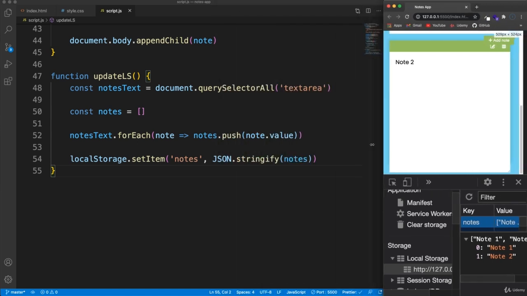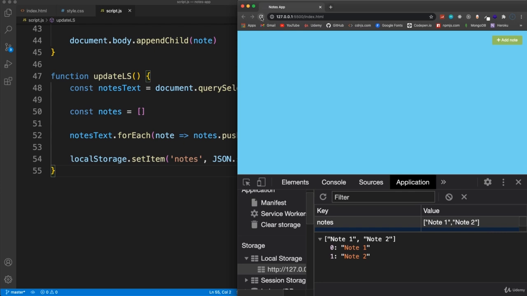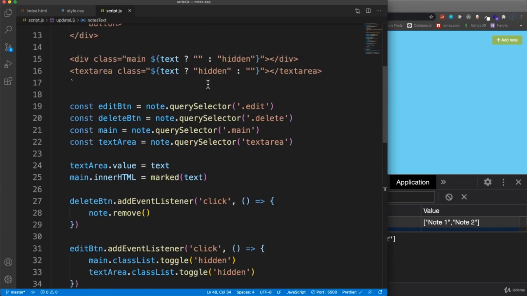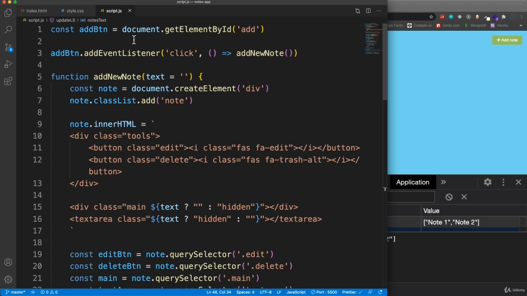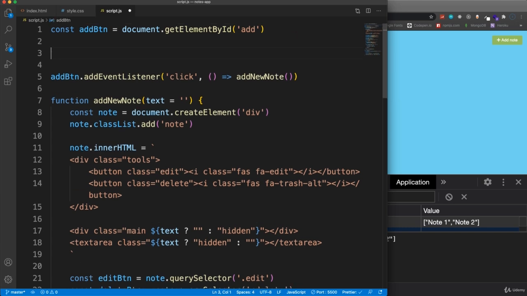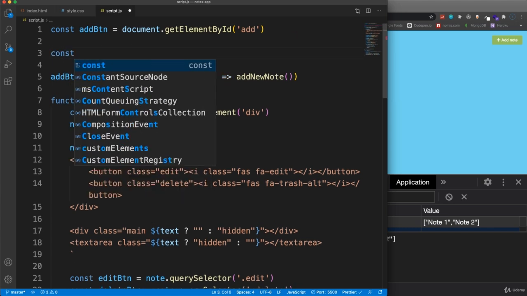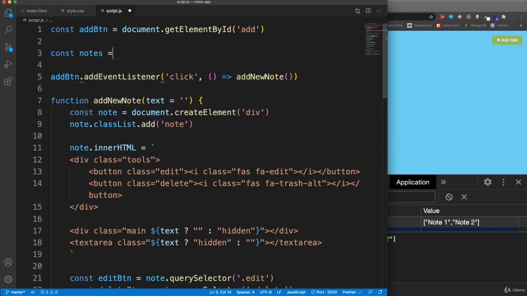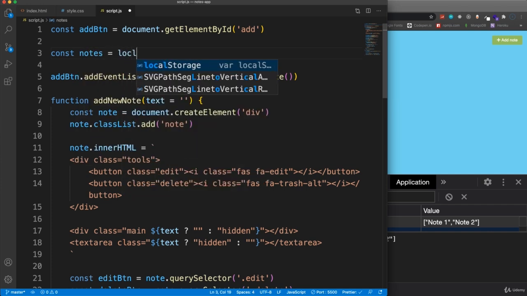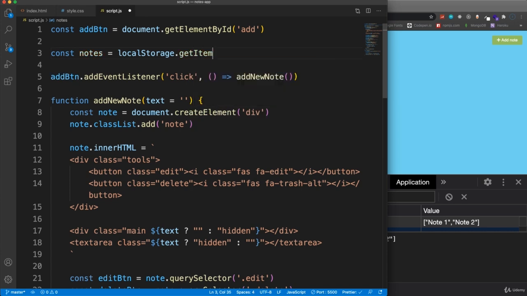Okay, now we want to load this. If I reload the page, it's not showing in the DOM, but it is in local storage, so I want to fetch it and display those notes. So up at the top here, let's say const notes, and we want to pull this from local storage. So remember, we use localStorage.getItem, and we want to get the notes. However, we don't want it to be a string, we want it parsed as an array, so I'm going to wrap this